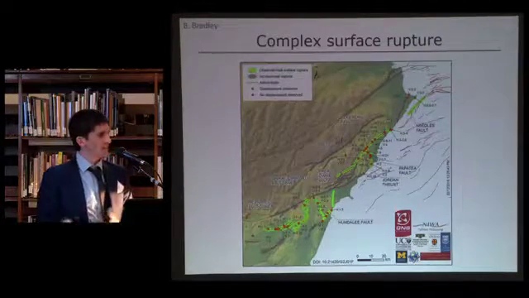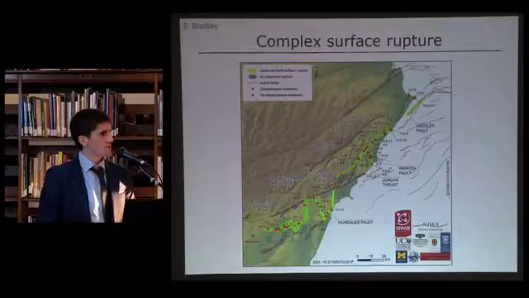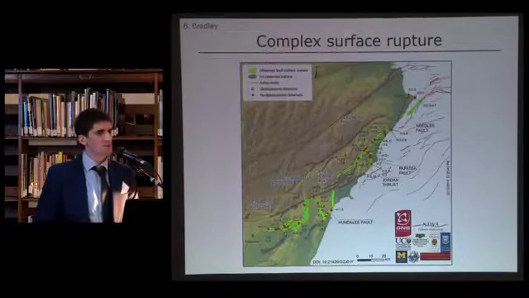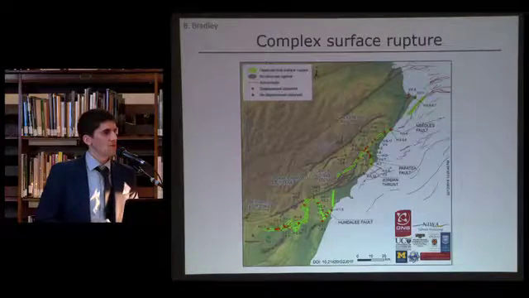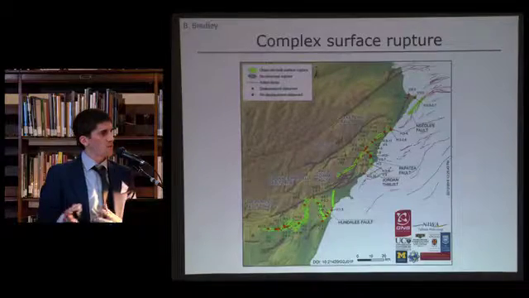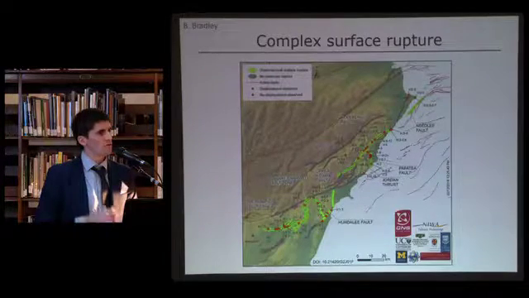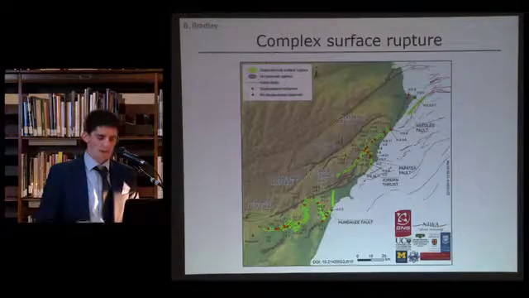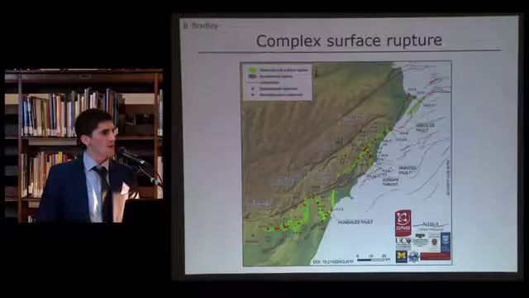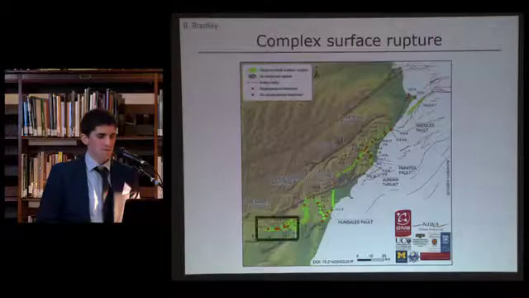And so if you're living in that part of the world, you'd expect a large magnitude earthquake would really rupture through one of those faults in its entirety. What happened in this particular case, as you can see there with the fluoro green lines, is actually over 10 different fault segments or fault structures were involved in the rupture of this particular earthquake here. So just illustrating to us again that earthquakes don't always behave as simply as we might want them to be.